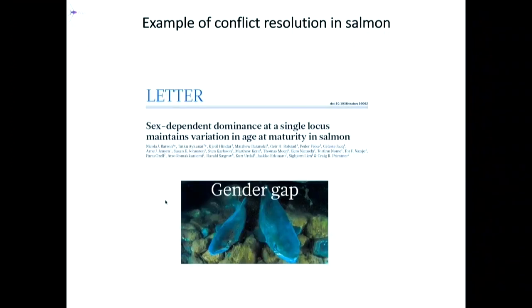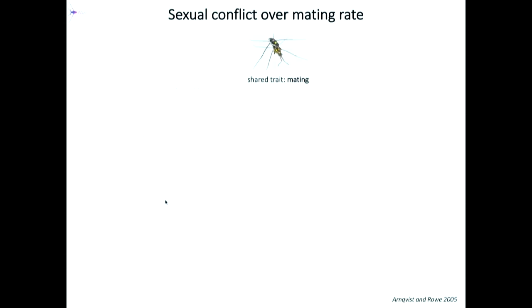These kinds of examples are not very common, and this is one thing we are trying to accomplish in our lab. We're doing this by focusing on these nice animals called water striders, which I'm pretty certain all of you have seen in ponds and rivers. This time we are focusing on a type of conflict which is a conflict over mating rate. As you know, males and females have to interact, and they have to mate in order to reproduce, but they disagree on the frequency of